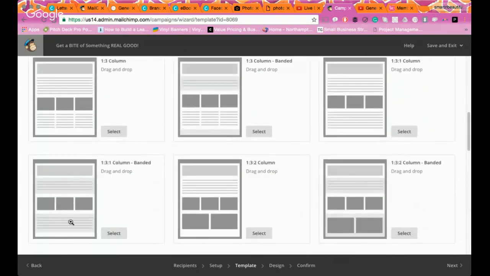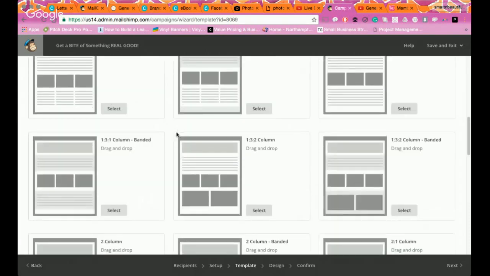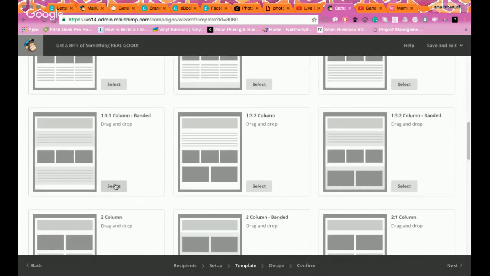Right here is a good one. This one has 3, and then it has the 2 sections here. When you think about some of these, like with this one having 3 columns, you have to think about whether you are putting in something that would have 3 columns, where there would be 3 images. Whatever you remove, it's important that you don't want anything to look messy in the inbox. So I'm going to select this 131 Bandit